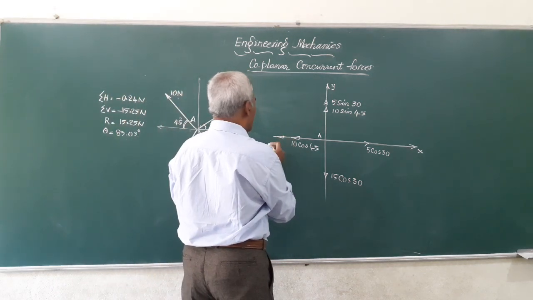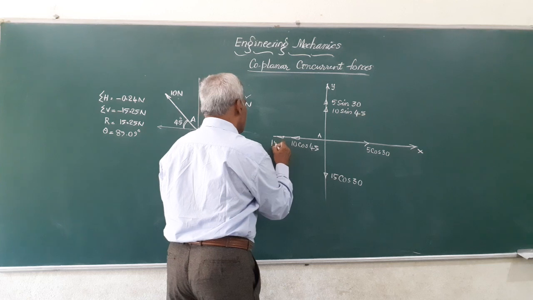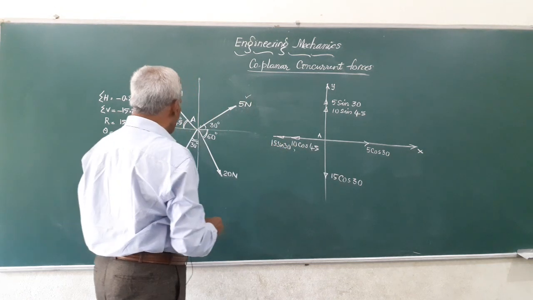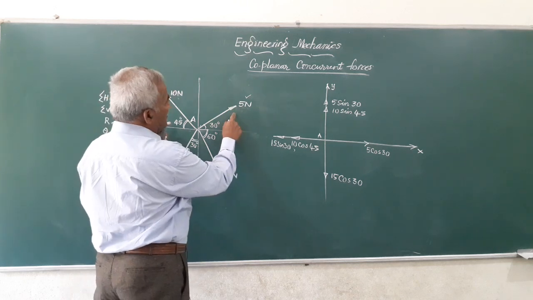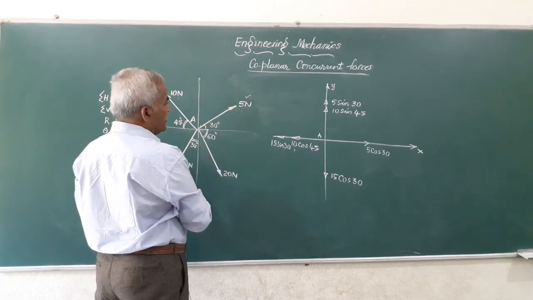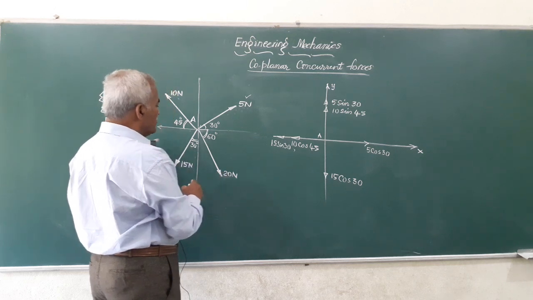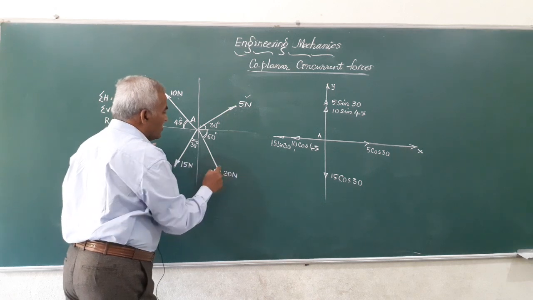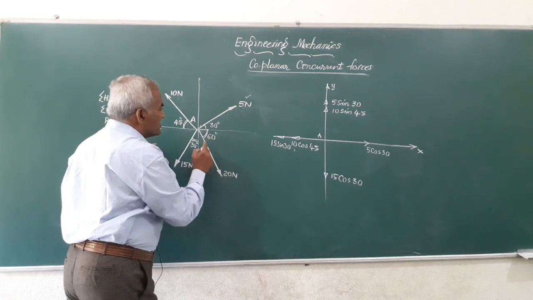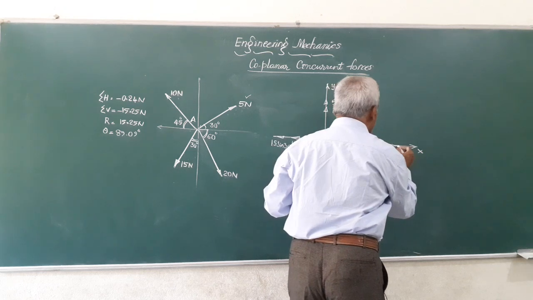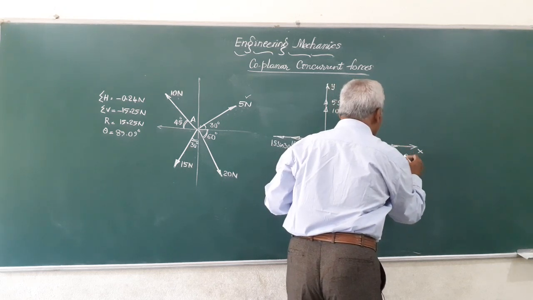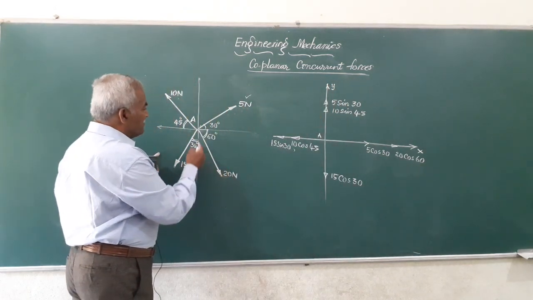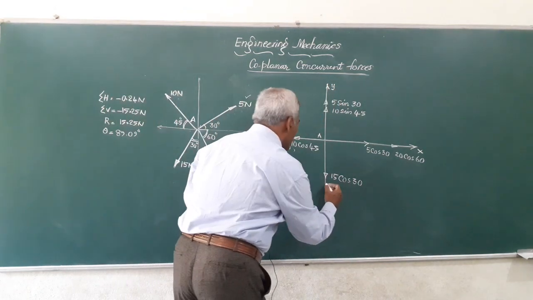I will show it in the x direction, 15 sin 30. So, friends, you have got 5 is over, then 10 is over, 15. Finally, we are left with this 20 Newton force. 20 Newton produces a horizontal component of 20 into cos 60. So, I will just show it here. This is 20 cos 60. This is the horizontal component of this 20 Newton, 20 sin 60 in the vertical direction,